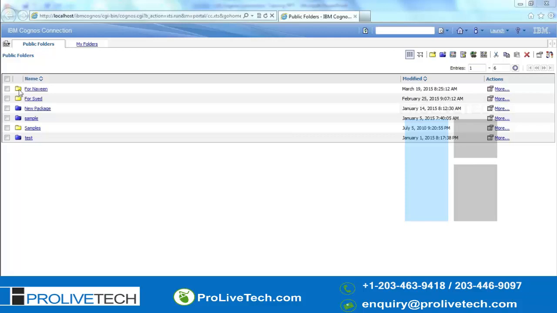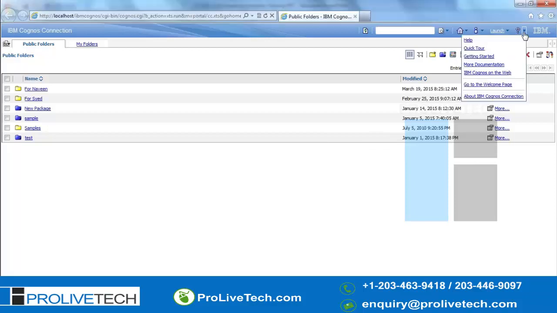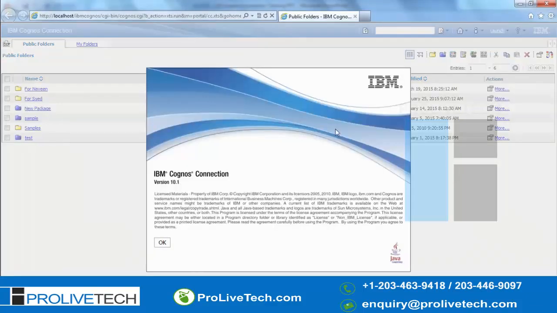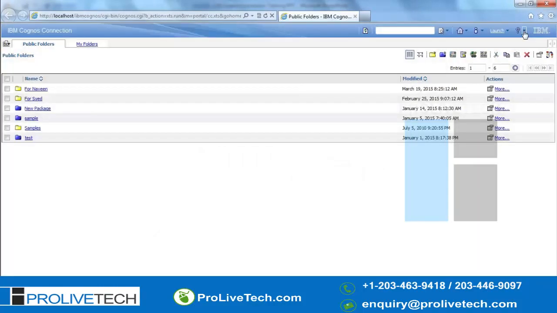These folders we have created in Cognos Connection itself. This is the actual user interface of 10.1. If you want to know the version, you can go here and click on About Cognos Connection.